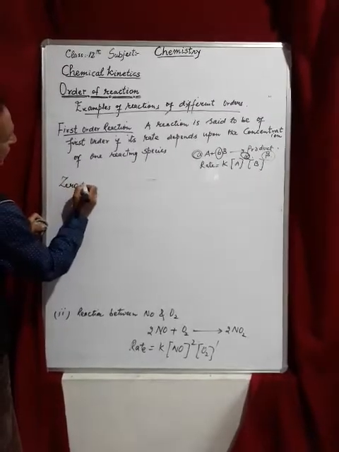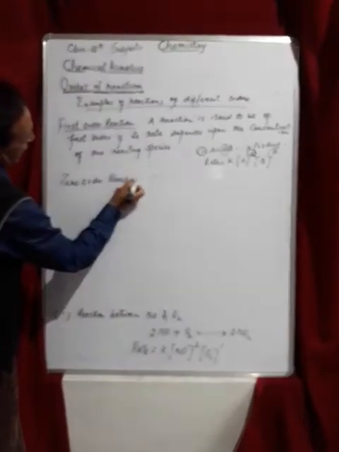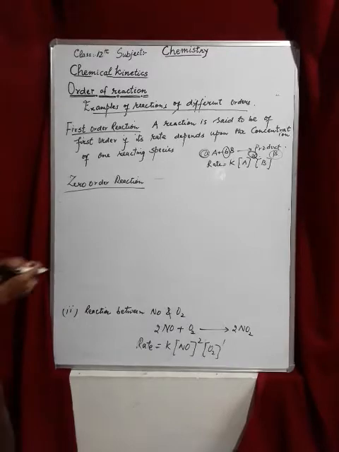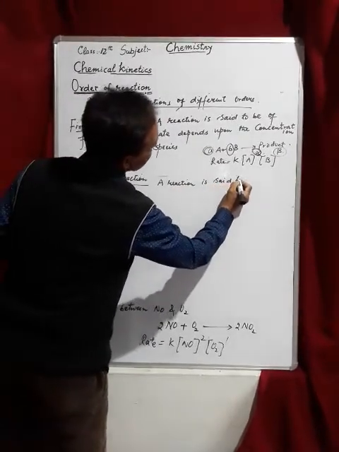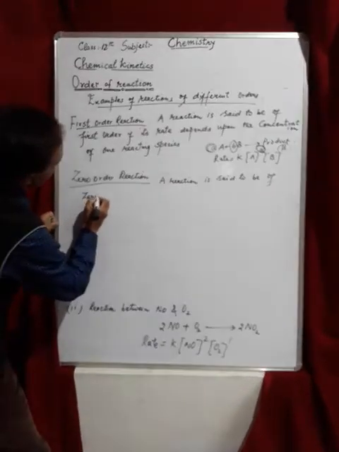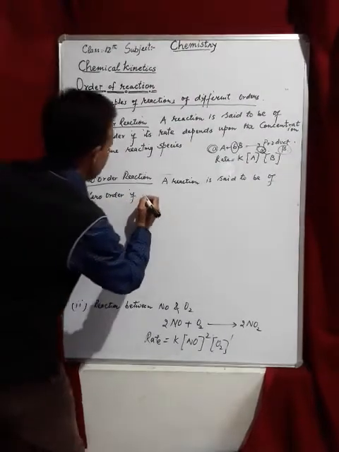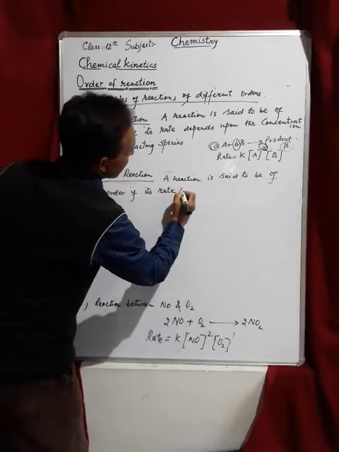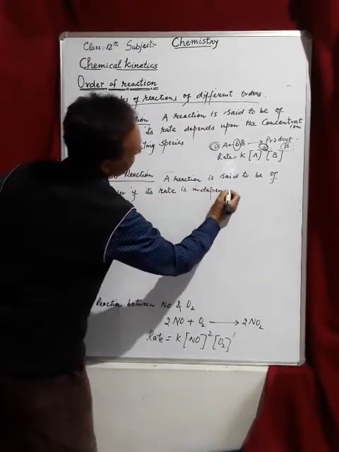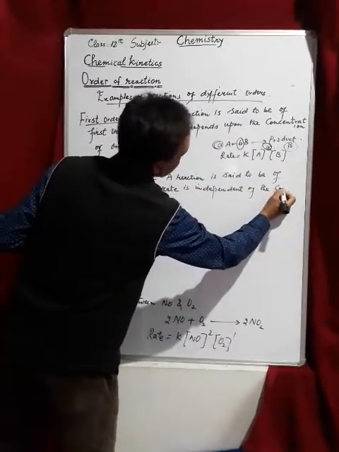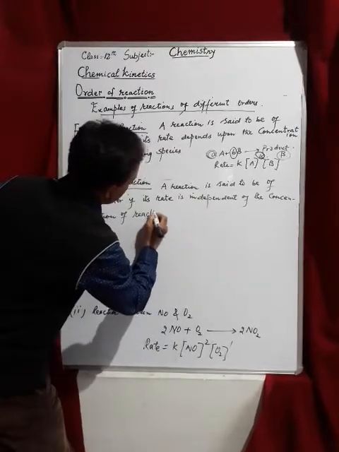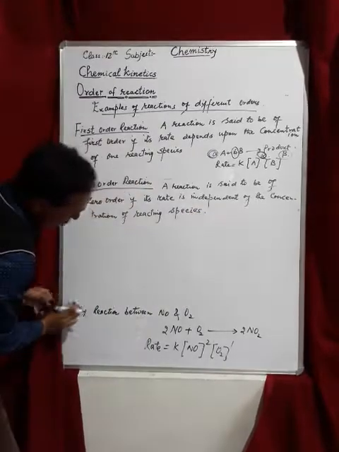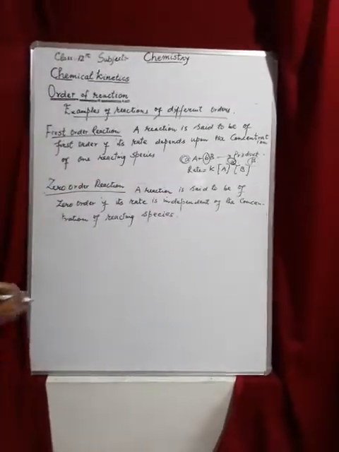Zero order reaction. A reaction is said to be of zero order if its rate is independent of the concentration of a reacting species. तो वो रिएक्शन जिसमें रेट डिपेंड नहीं करती है द कंसंट्रेशन ऑफ द रिएक्टेंट्स, दैट इज कॉल्ड ए जीरो